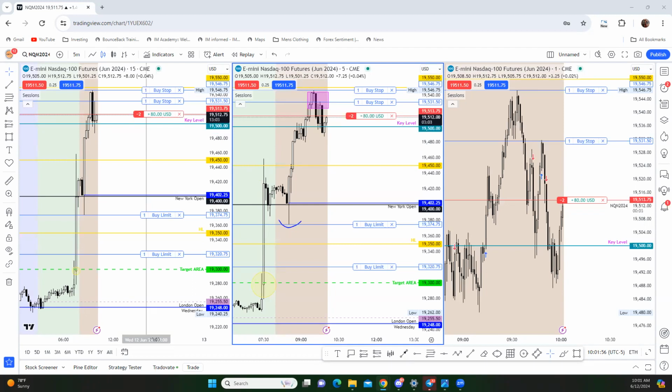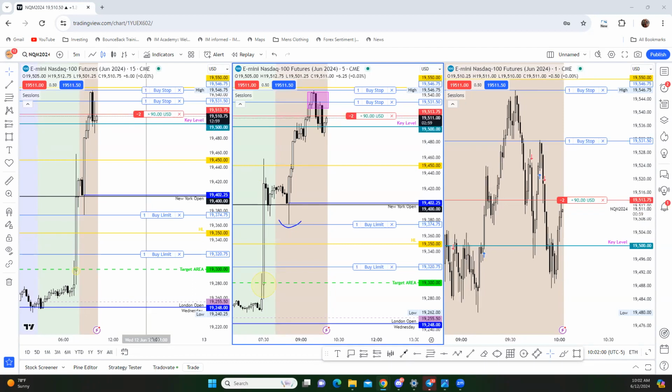So that 5 minute is holding structure, hasn't broken down yet. So, you know, that 15-minute close is going to be key to me. I think we can get down to those levels we usually look to, that 19,420s, but the price is just holding the 19,500 right now. So any more 5 minute closes above there, and they'll run into 550s or 600s today or more.